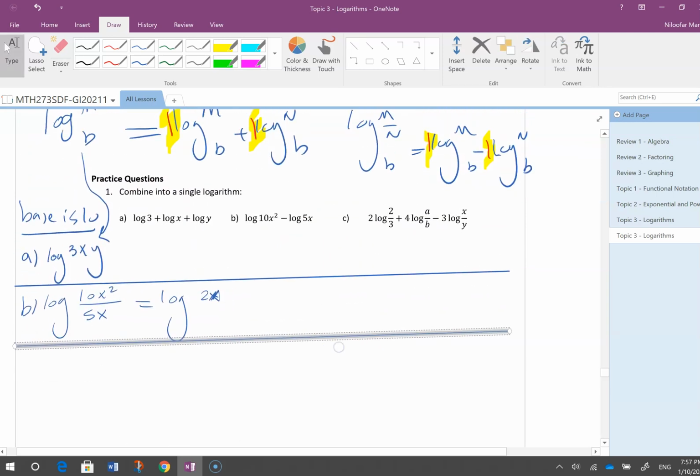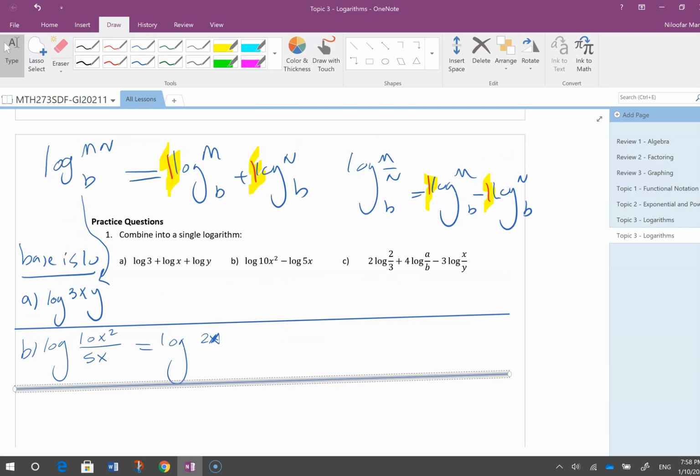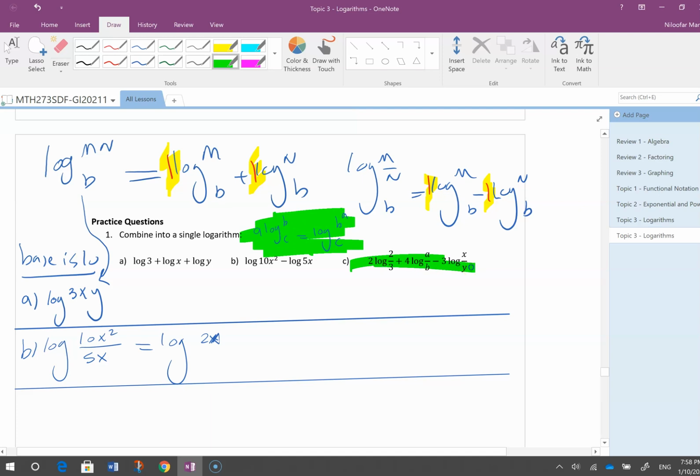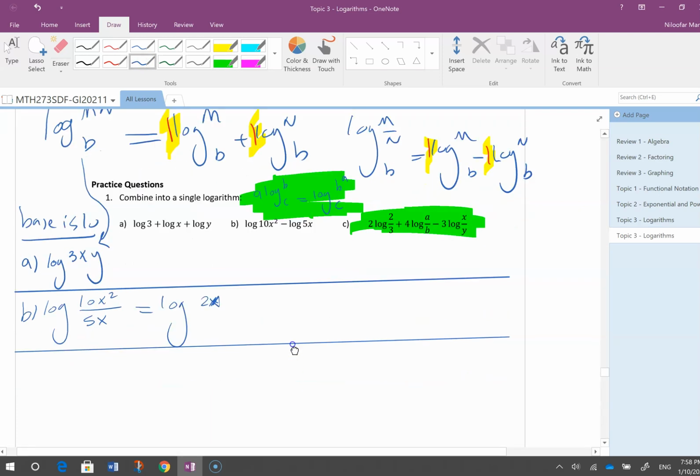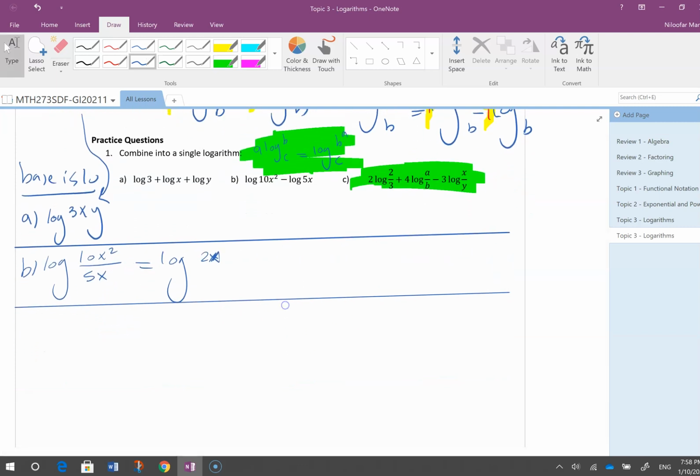Oh my God, I have 2 beside, I have 4 beside, I have 3 beside. I cannot use these 2 formulas because I don't have 1 beside. Perfect, I remember this. When I have A logarithm B base C, this is logarithm B power AC. Okay, so pay attention here. If I have a number beside logarithm, I can take it as power. Oh, okay, so C is